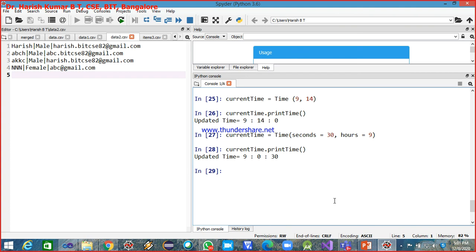If you are using this explicit naming convention while passing the arguments, then you can pass them in any order. If you're not using the explicit naming convention, then you've got to specify them in sequence. The first argument you give will be taken as the value for the first optional argument. The second value you give will be taken as the value for the second optional argument, and for the third one it will take the default value 0.